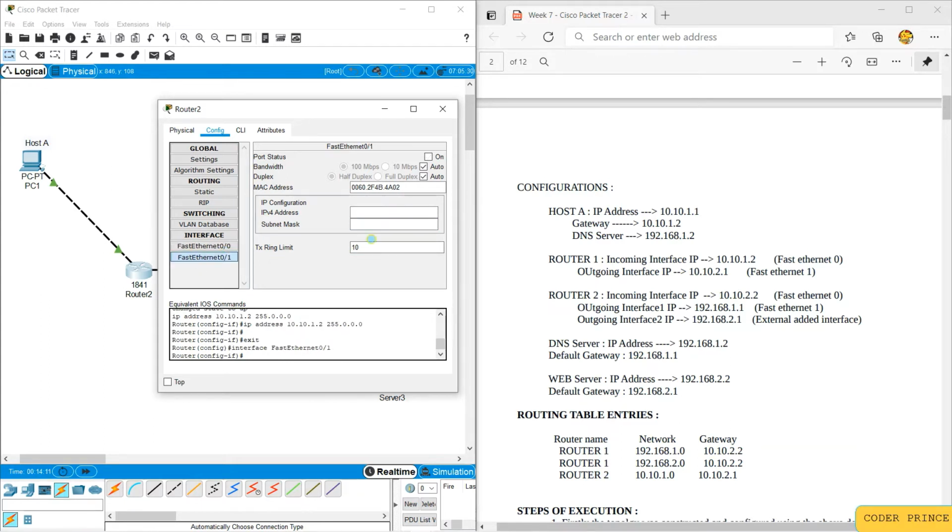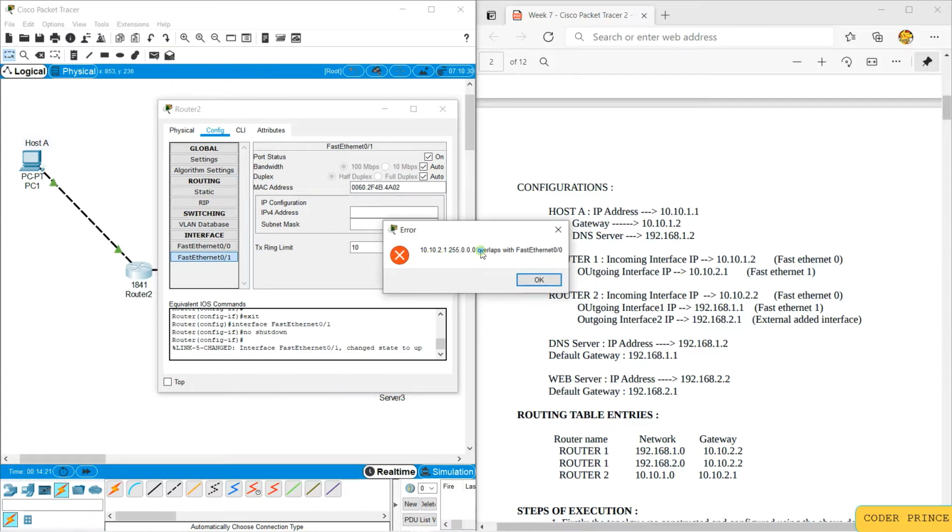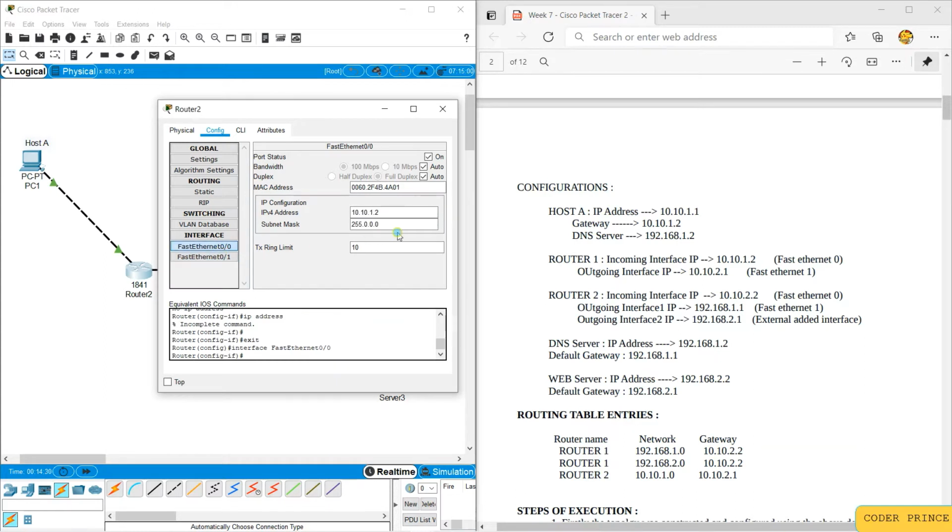When you go to this second cable and the second Ethernet and type this particular address as 10.10.2.1, you'll get this error saying it overlaps with the fast Ethernet 0/0 because you are using the same address over here, like 10.10. Right? So in that case, you will have to provide the subnet mask as 255.255.255.0.